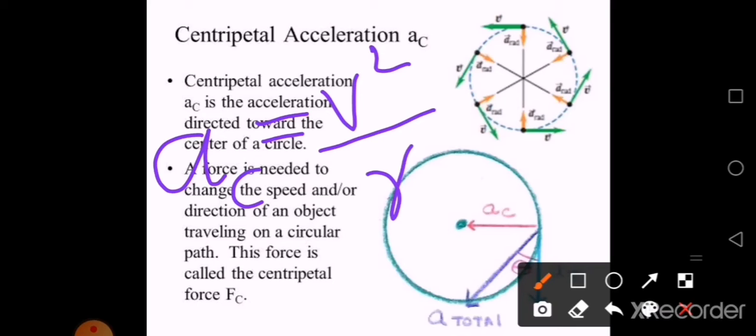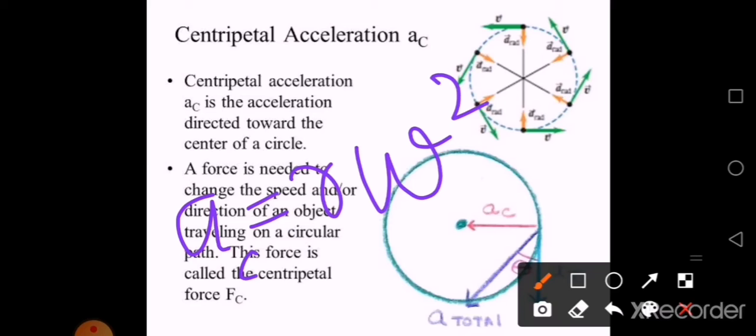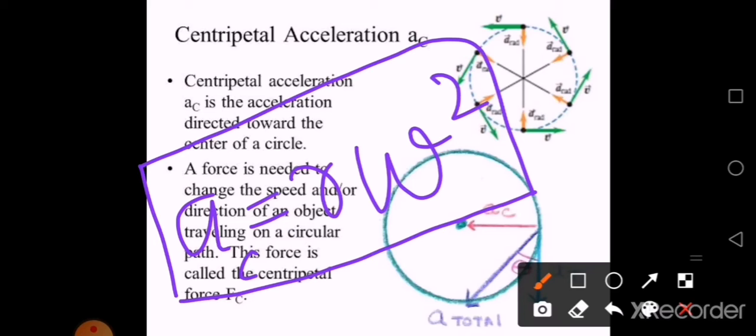So this is the equation in terms of velocity. Now in terms of angular velocity, we have v = rω, as we have seen yesterday. So if you put this equation here, one r and r will get cancelled, and the remaining centripetal acceleration a_c will be equal to rω². You have the two equations for centripetal acceleration, in terms of angular velocity and in terms of linear velocity. Both equations are important for your exam, especially for your numericals.